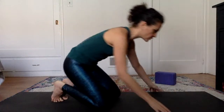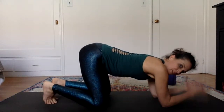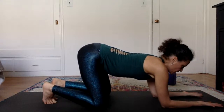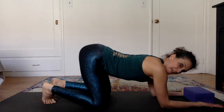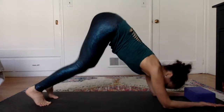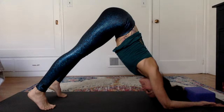So your option, if you don't know what I just said, is dolphin, which we already did. You're going to do it with your palms up. So this is about chest and shoulder opening as well as hips. And it looks like this. You come into dolphin, lift the elbows up, lift the forearms up. Turn your palms to face upward. You can put a block between your hands. You want shoulder distance apart. And your palms are up. Send the thumbs really strongly away from each other. Just this is enough. You don't have to go into full dolphin. So you could come here, my palms are up. That's for those of you that are doing that. Those of you that are not,